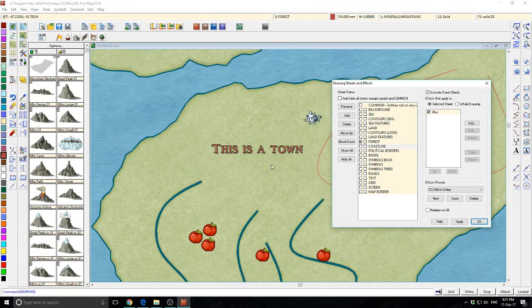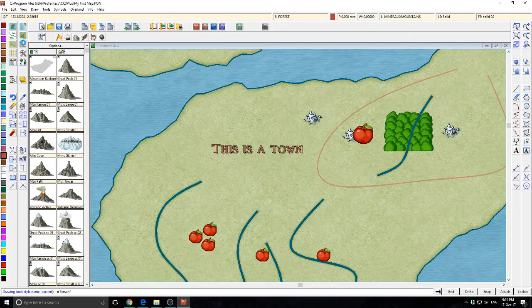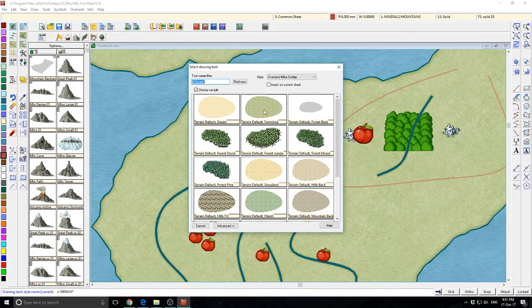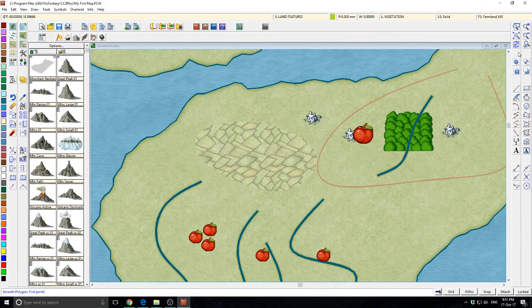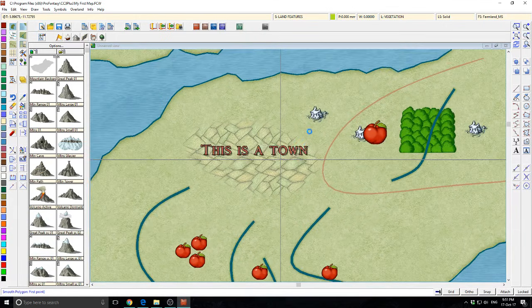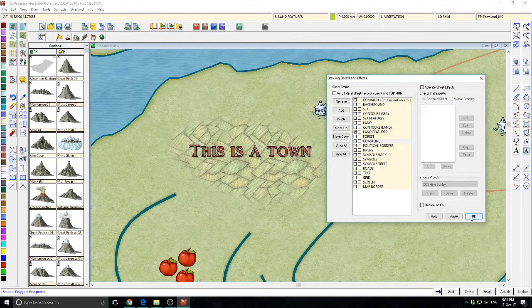You're probably not going to see a lot of it in this example here that I'm using, but actually we'll show you something along the lines of this. So we'll do default farmland, for example. Alright, so that's probably a good example. If I turn it off, click apply, you can see there's a very, very straight, neat edge around that farmland. If I turn sheet effects on, there's a blur effect applied, and it just molds into the terrain around it